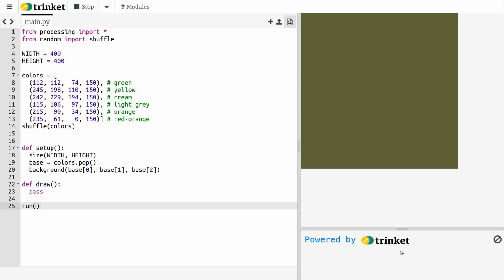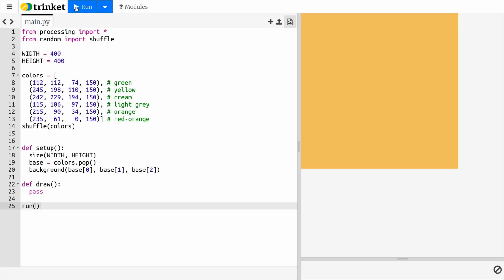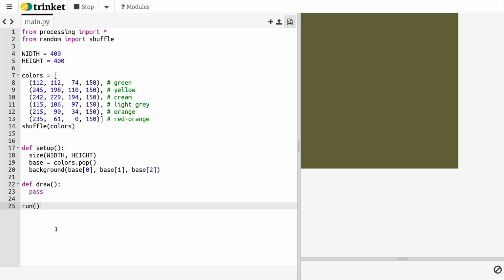I mean, we don't need the console anymore. Let's bring this down here. Run this again. We now have our canvas. And every time that we run that, we have the chance of getting a different background color here. Okay. The first thing which we'll now use is a brush, which we can use to have swirls of paint